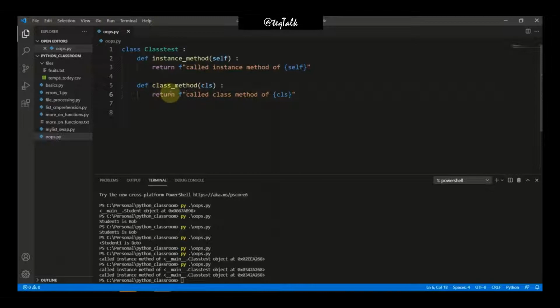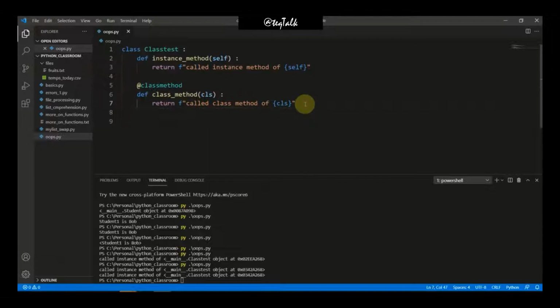Now to make this a class method, we need to do one more thing: we need to give one annotation here. Just before the definition of our class method, we need to write @classmethod. And now this method will be treated as a class method by Python.